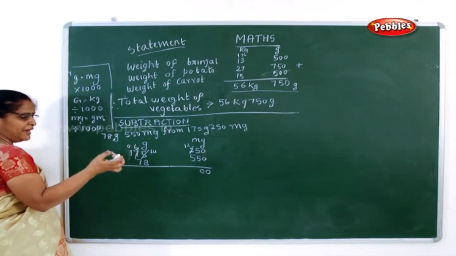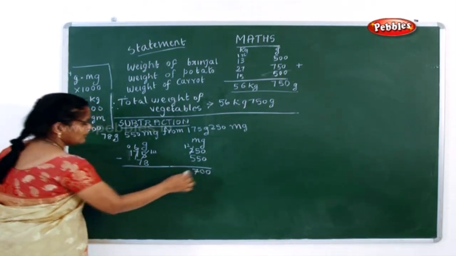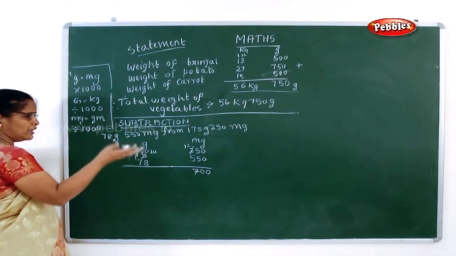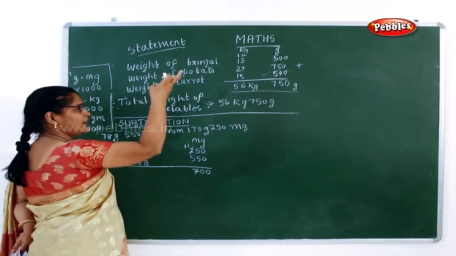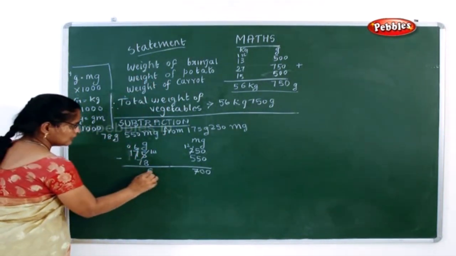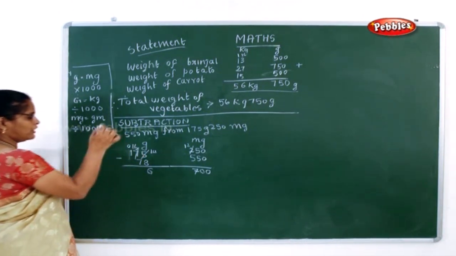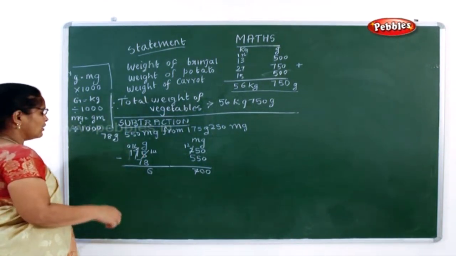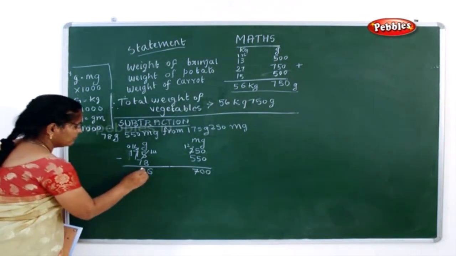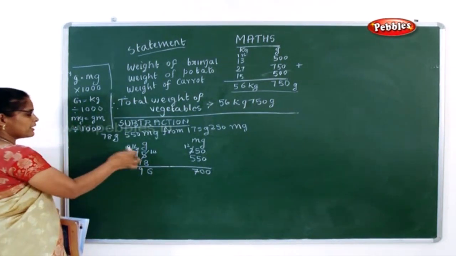11, 10, 9, 8, 7. Now you have 14 minus 8: 13, 12, 11, 10, 9, 8, 7, 6. Now what is 6 minus? That is 16 minus 7 because you are borrowing it. 16 minus 7, now what is it? It is 9 because you are borrowing it. So this will become 0.